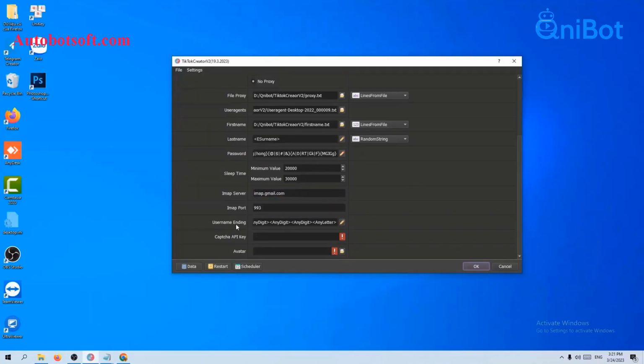Next, username ending session. The created username of TikTok accounts will be first name plus last name plus username ending. So you can leave this session at the default, or you can customize username ending session as instructed in the password session. Next, Captcha API key session. You need to create an account on captcha.guru as the link we attach in the text tutorial. Then